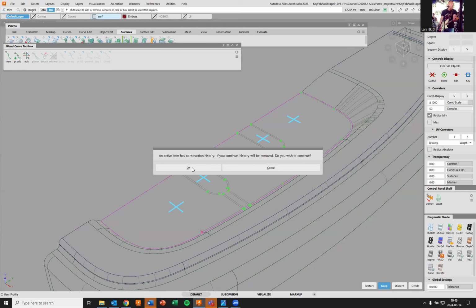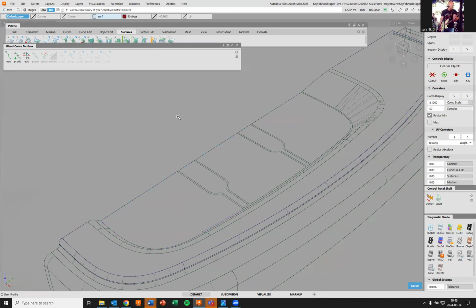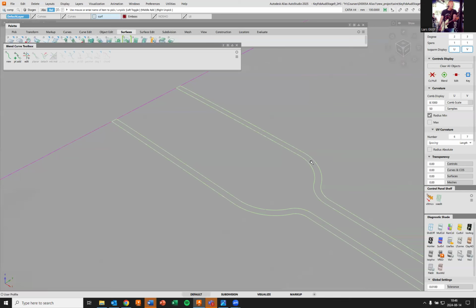Construction history, yes, I do want to continue. This creates copies of the original surface, but with different trimmings. So if I pick a surface here, I got that one, I got that one, I got that one, and that one, and they are all now independent. If I even got that one, yeah,